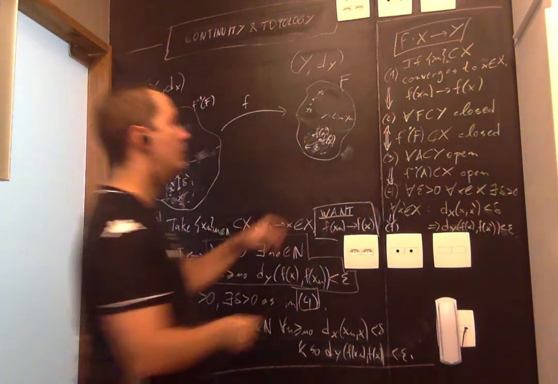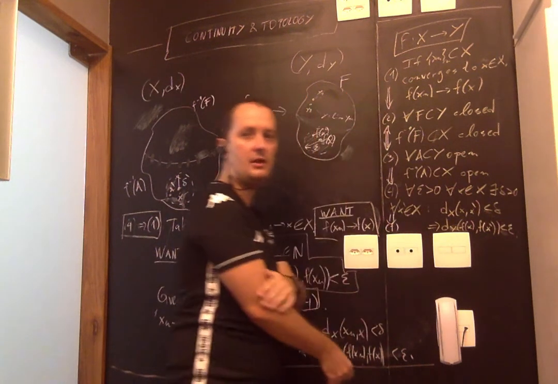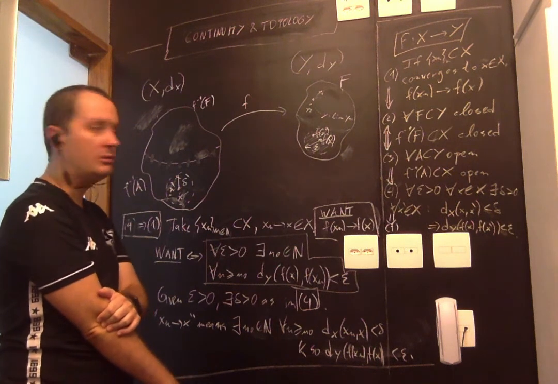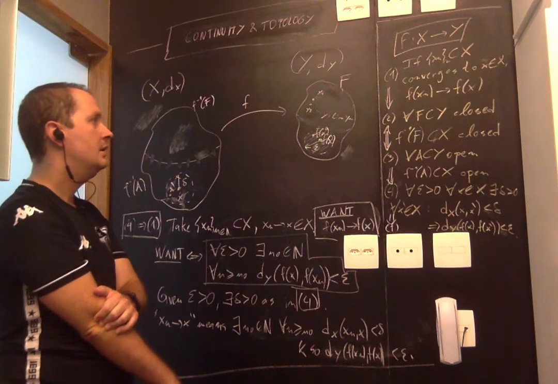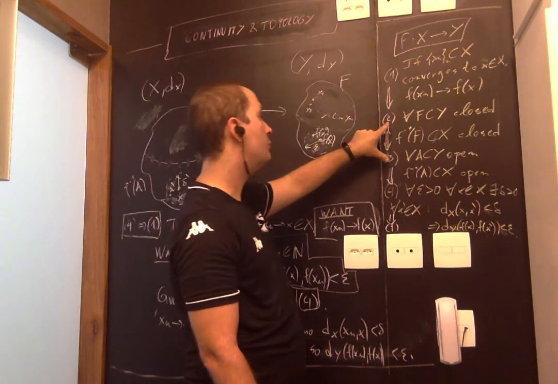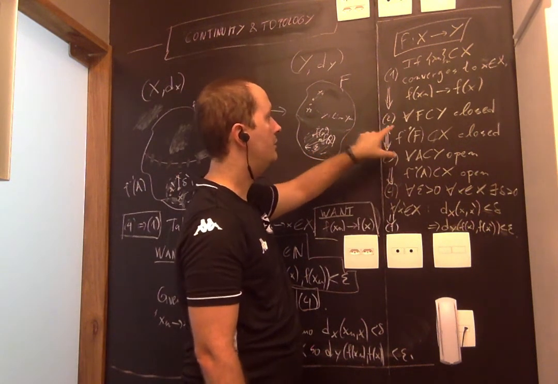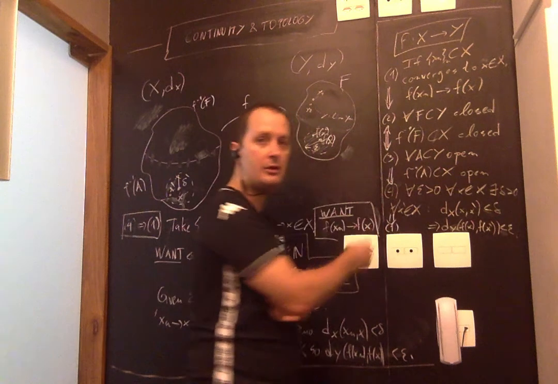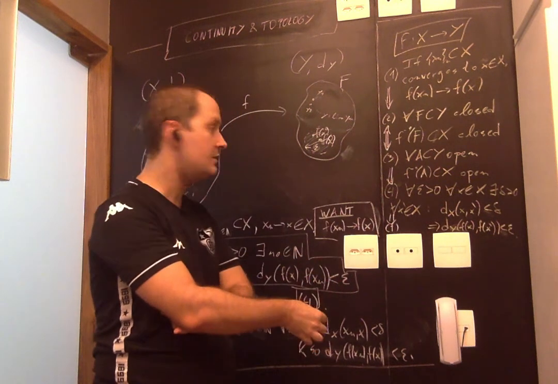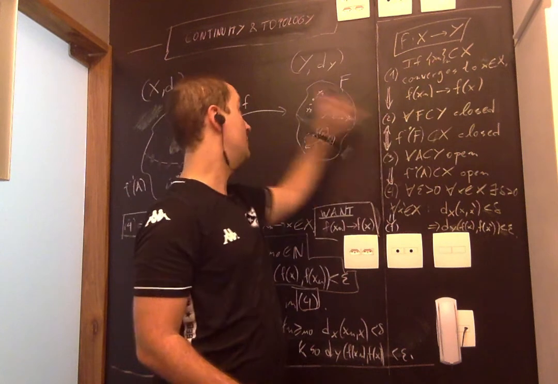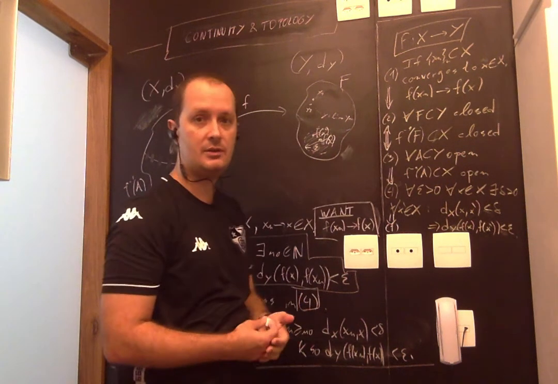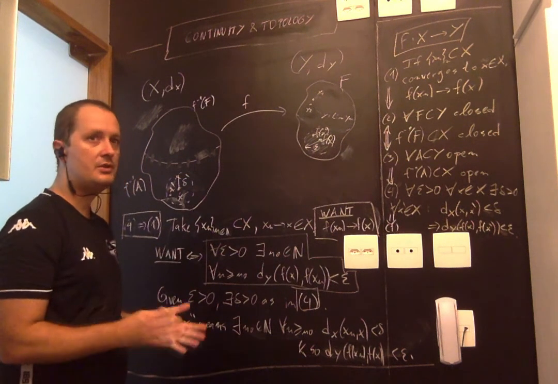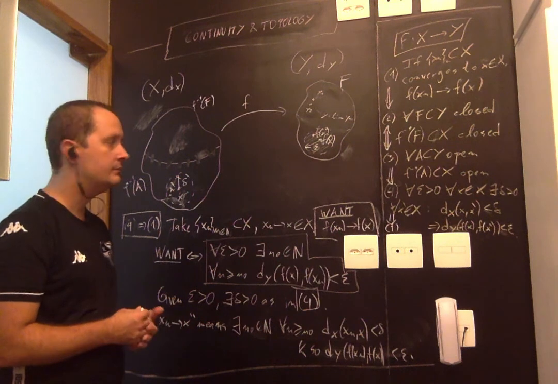To emphasize, 1 and 4 are metric definitions of continuity. As I pointed out in the beginning, it's not really that hard to prove that the two are equivalent. 2 and 3 are purely topological definitions of continuity, meaning that these definitions make sense in any topological space. So if you want to talk about continuous functions between topological spaces, this is how you would define things, in terms of pre-images of open or closed sets. That's also not difficult.